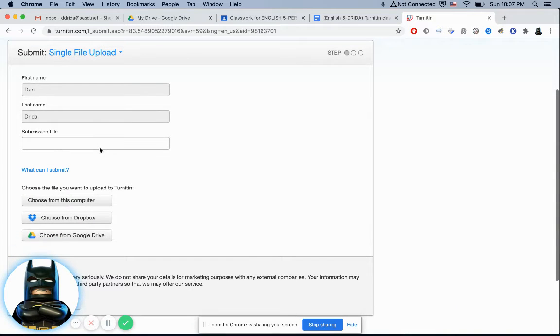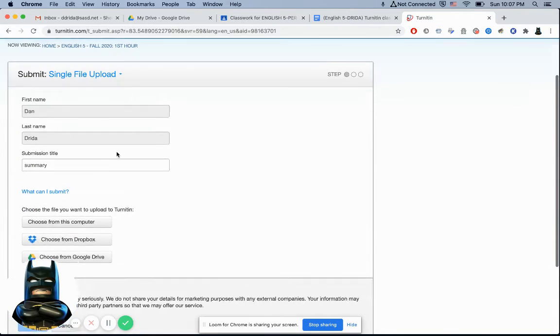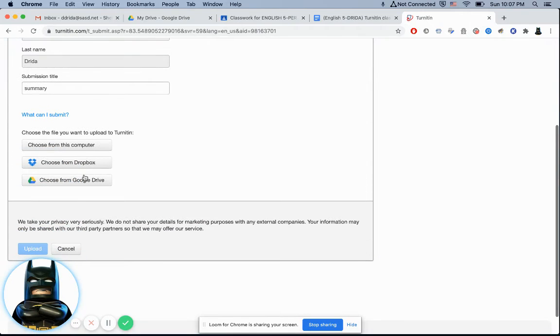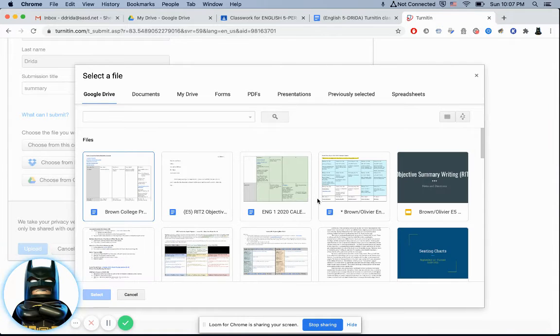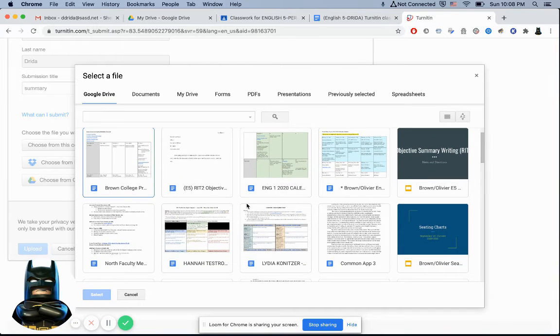Your name should be already entered in there because you have it in your turnitin.com account. You have to title it something. So it doesn't really matter what you title it. Then because you have single file upload, it has these options here, really cool. Choose from Google Drive. I already have my link, so my drive shows up there for me automatically. If you've never set that up before, if you click it, it's just going to ask you to allow it, to give it access. And then, boom, it'll show up as your